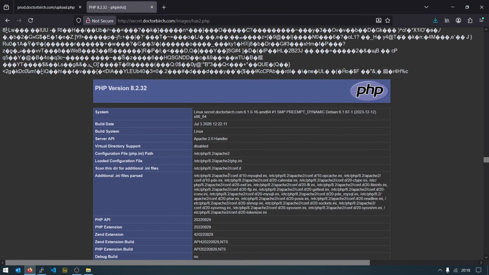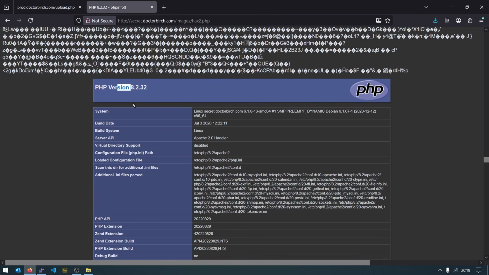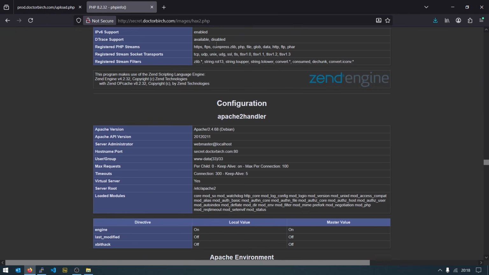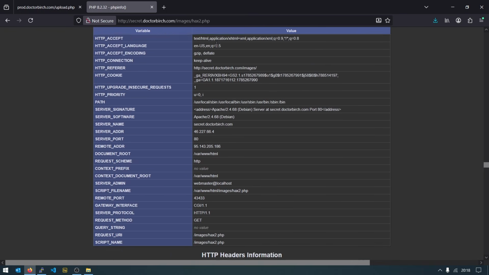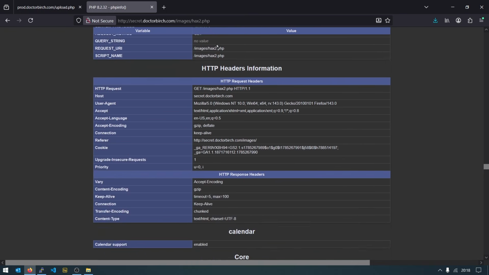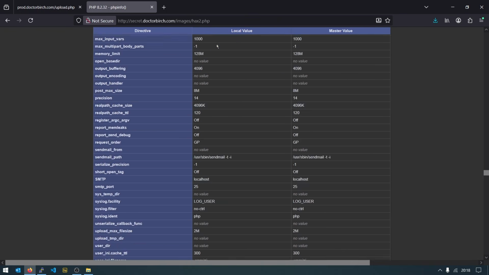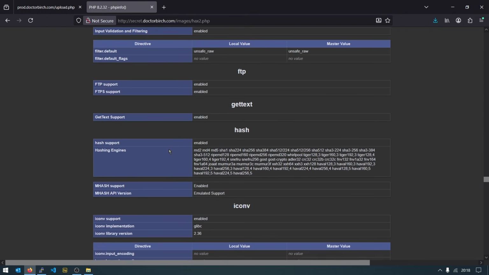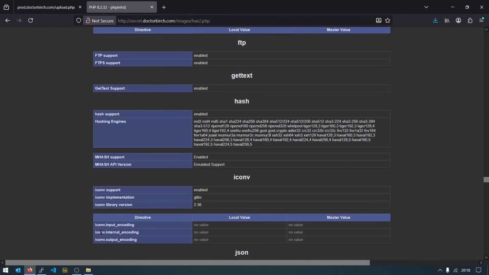Isn't this beautiful? Even the HTML works. And here we see a lot of information about the machine. And even better, we can execute any PHP code we like this way,